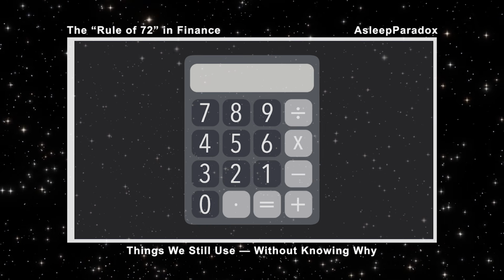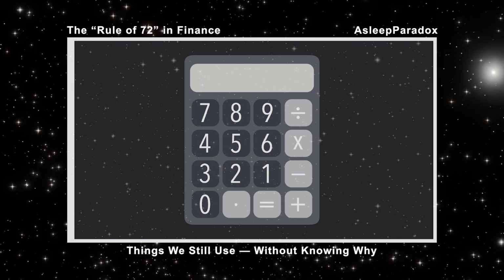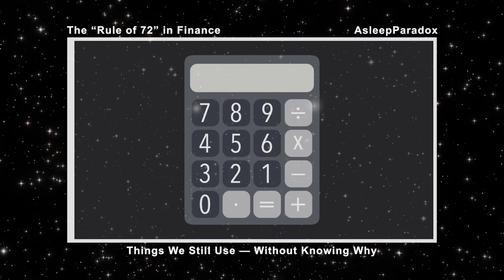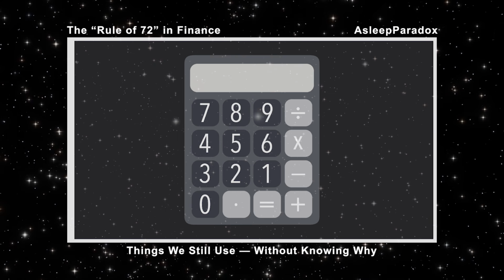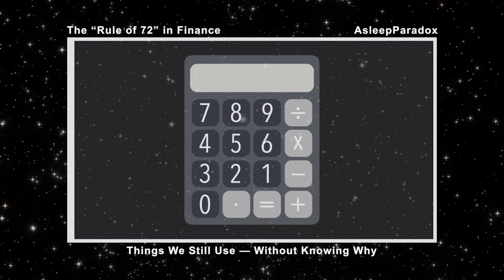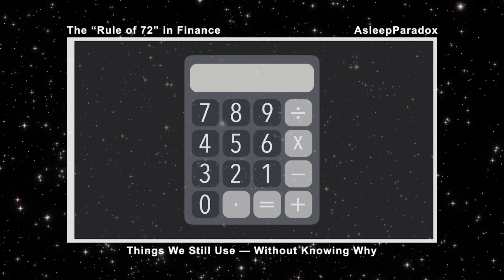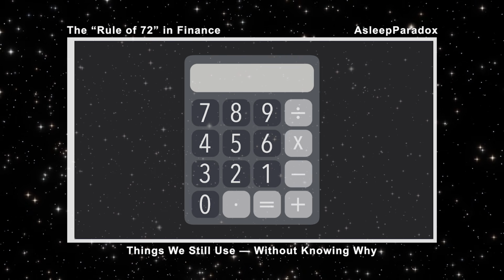Beyond personal investing, the Rule of 72 has broader applications. It can estimate the time required for debt to double under high interest rates, highlighting the risks of compounding liabilities. It can also approximate how long it takes for inflation to erode purchasing power. By dividing 72 by the inflation rate, one can estimate the years required for prices to double, illustrating the long-term